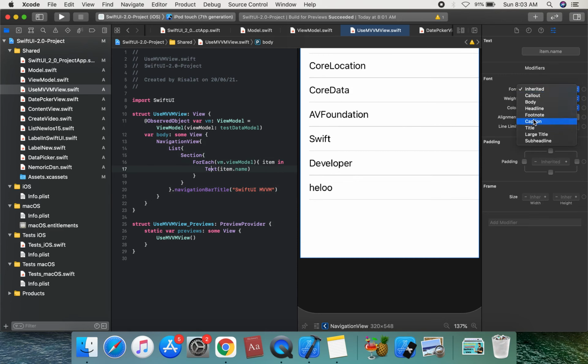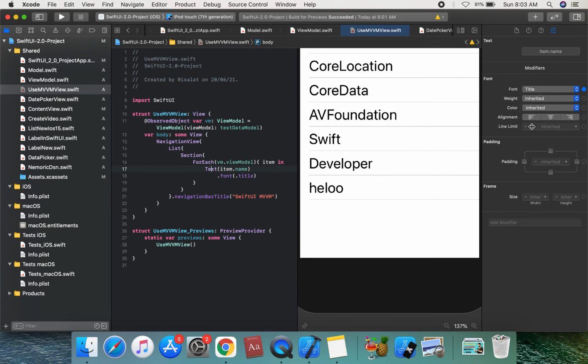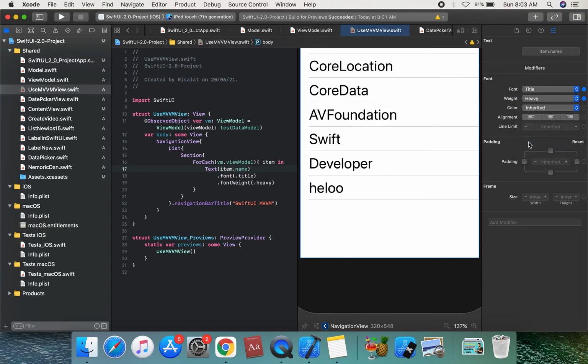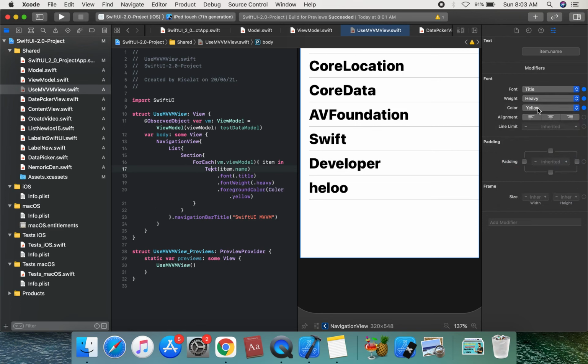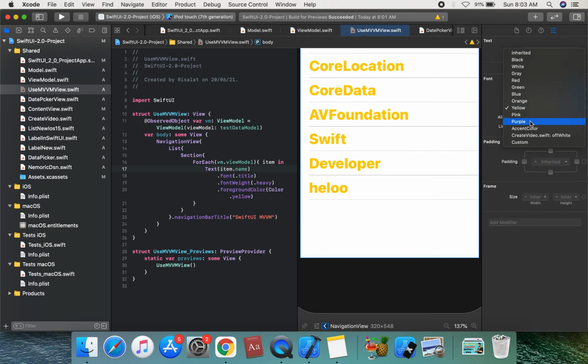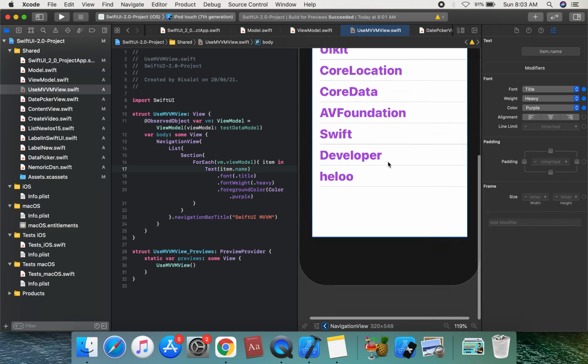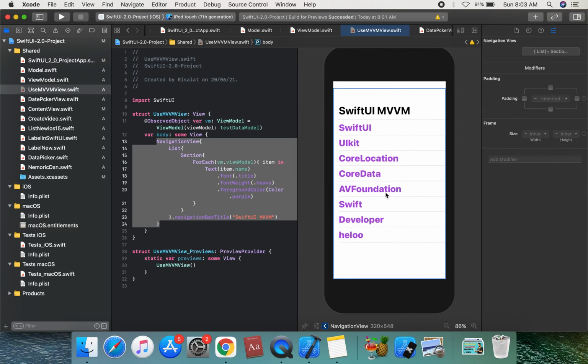Suppose we apply the font title, and we set the title weight to heavy, and we can set the title color. Suppose it's yellow, and we can change it to purple. Suppose we use the purple color. This is SwiftUI.